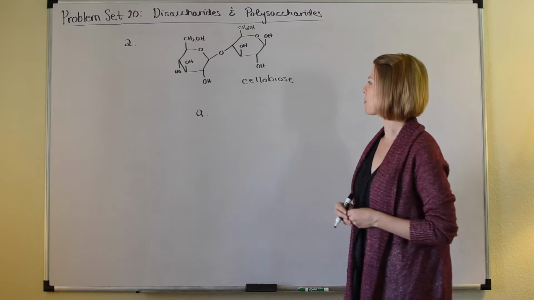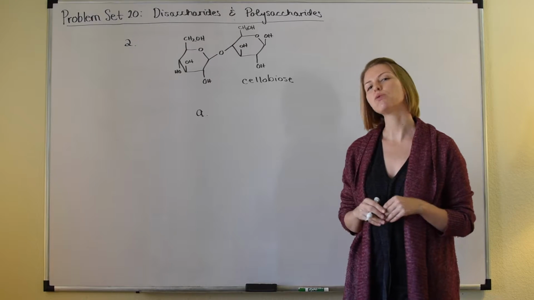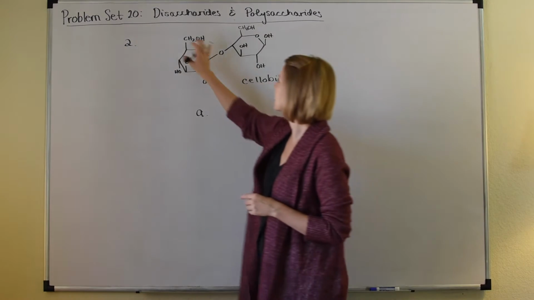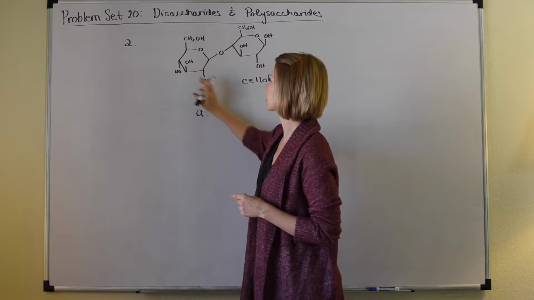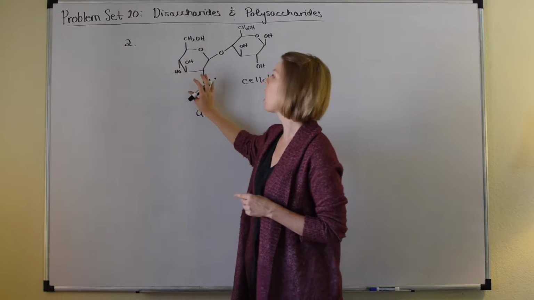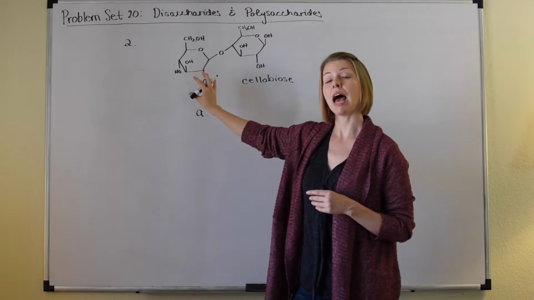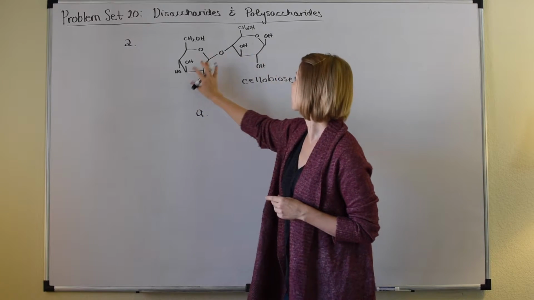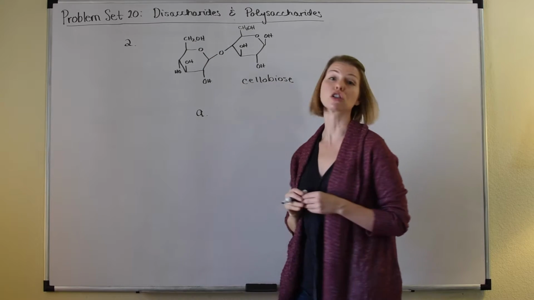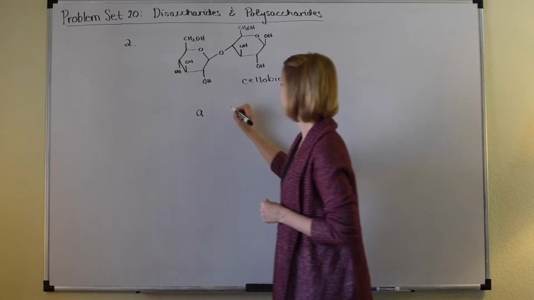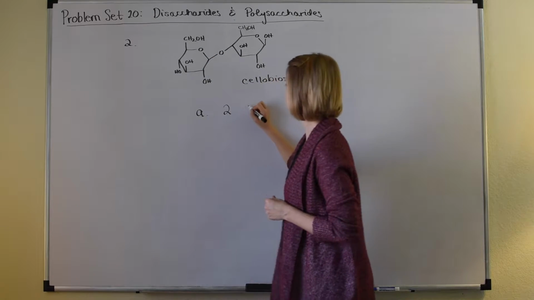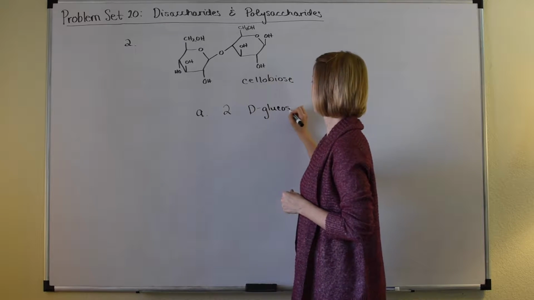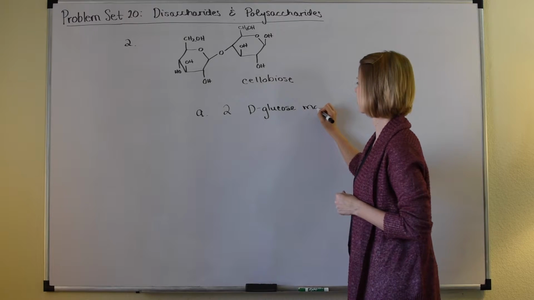So you may already remember the answer to A, but just in case you don't, we can take a look at the individual monosaccharides and the orientation of these OH groups, and we can see that they are glucose. Both of them, they're the same, and they are D-glucose molecules. So we have two D-glucose molecules